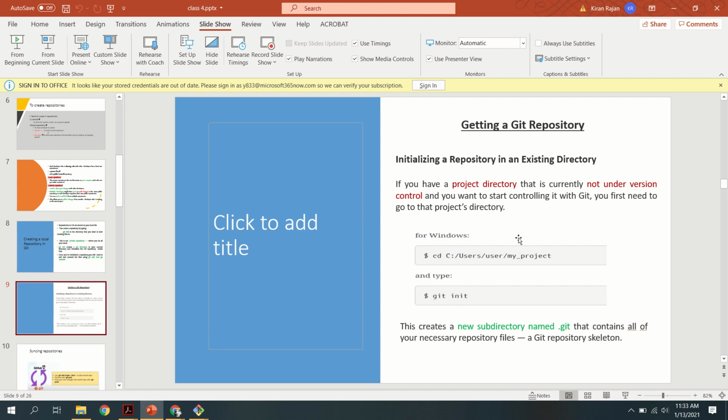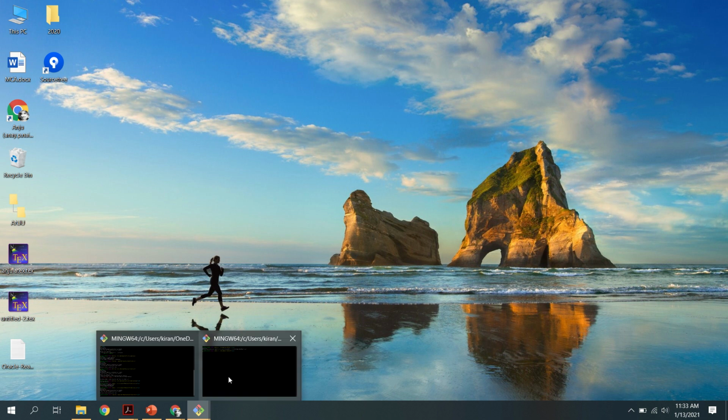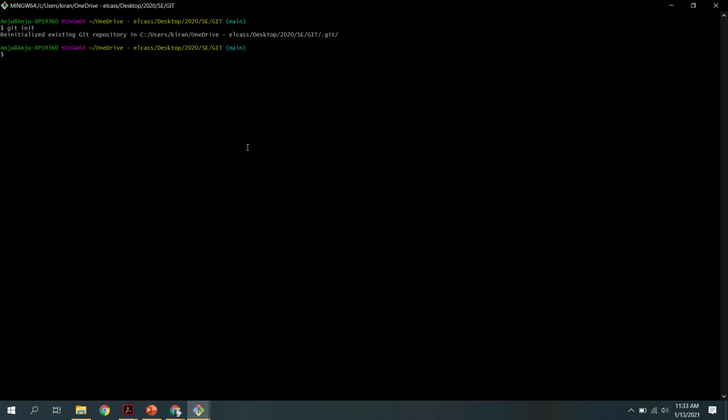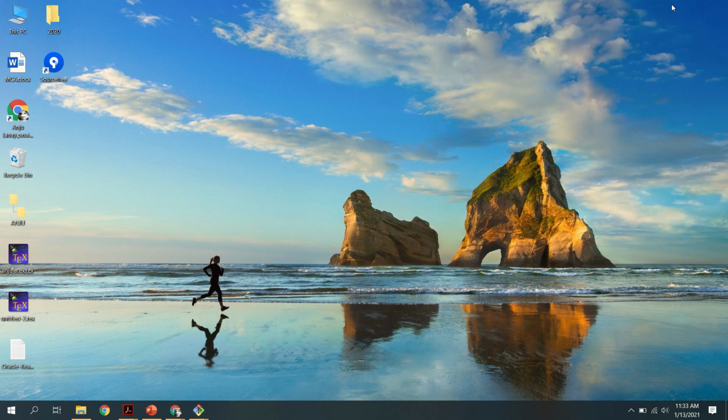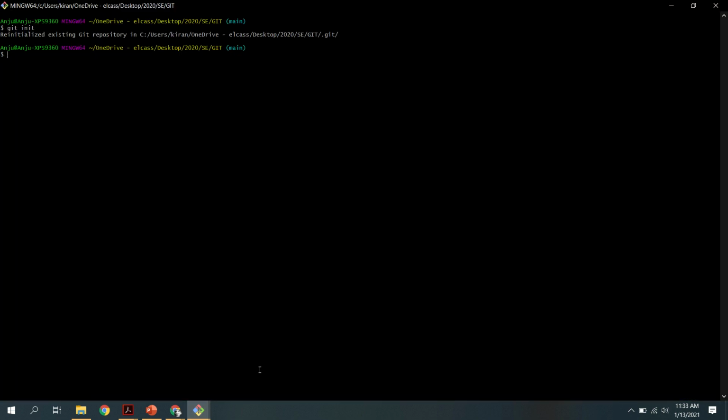So this is the thing you have to do. I already explained how to create a local repository in your system, and in the same manner another method is also there. If you are using a command prompt, you go to the corresponding directory, whatever the name of the directory is.